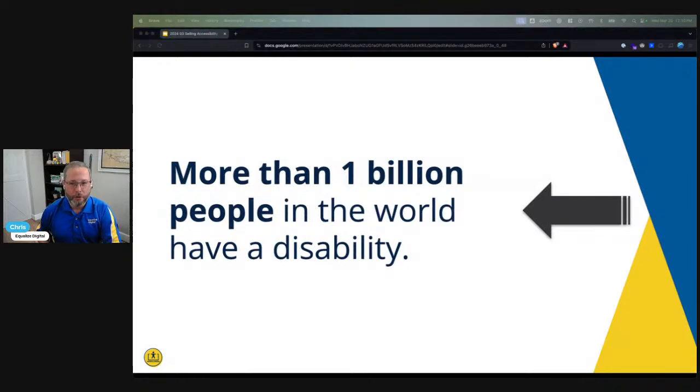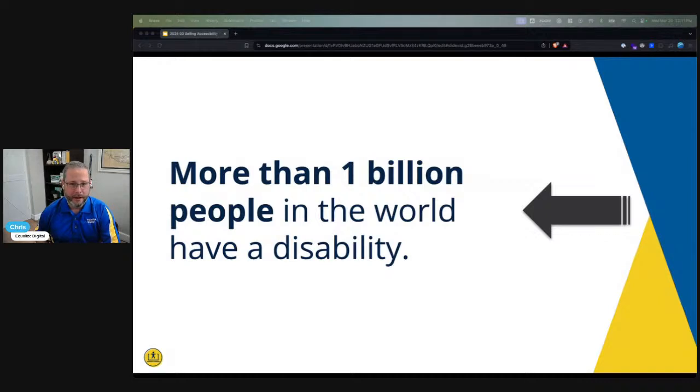Approximately 1 in 4 US adults have a disability, according to a 2018 report from the CDC. And those individuals, according to the US Department of Labor, have annual discretionary spending capacity of about $200 billion. That's per year. So, again, this is not a small group of people. It's not something that is a minority of the population or something that we should dismiss or not care about, right? It impacts very large swaths of our population.